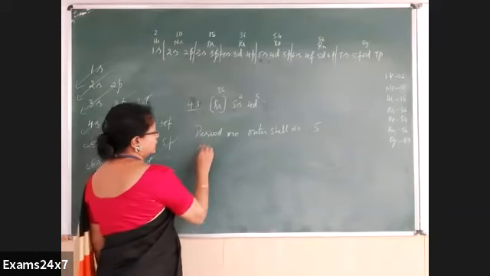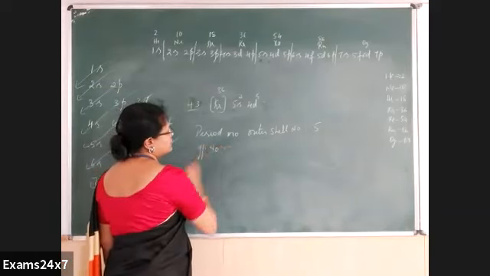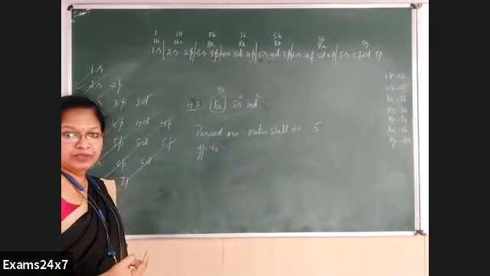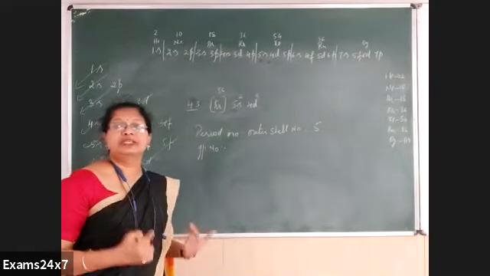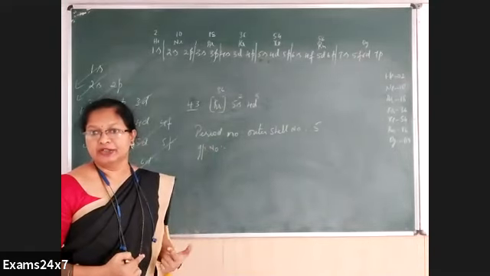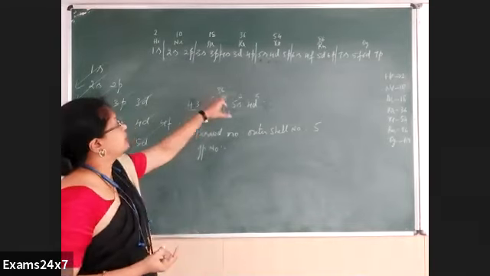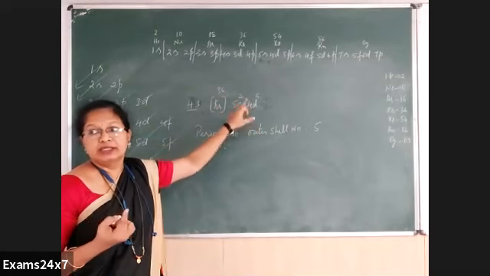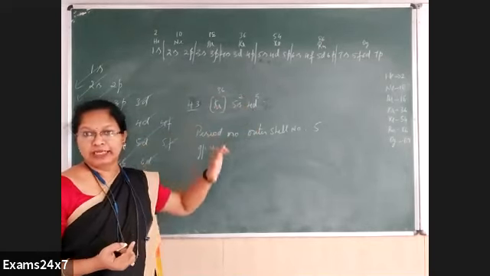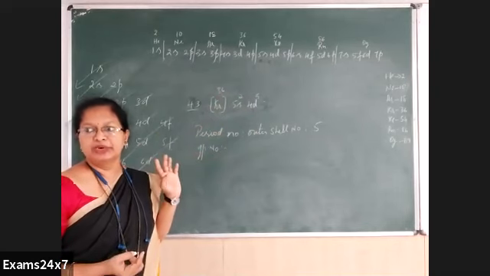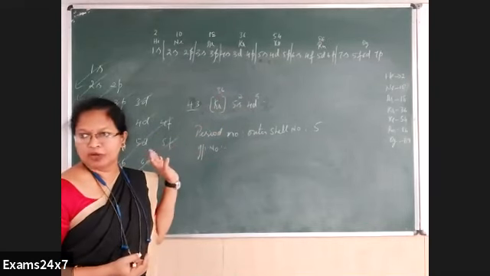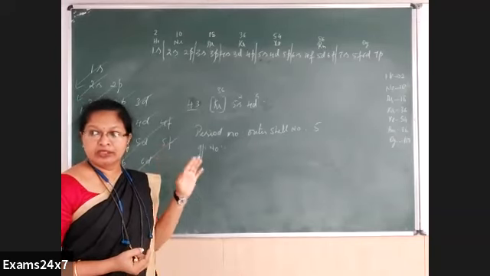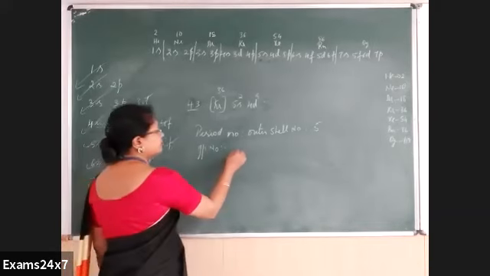Whereas to identify the group number, first you must know which block that element belongs to. How do you identify which block? You see the orbital to which the differentiating electron goes. What is meant by differentiating electron? The last electron. If there is one more electron, where would you add? D, no. One more electron you add to d. So this is called the differentiating electron. The last electron added is called the differentiating electron. To which orbital are you adding? D orbital. That means it should be a d block. Understood? Whichever orbital you add the last electron to, that block the element belongs to. So it is a d block element.